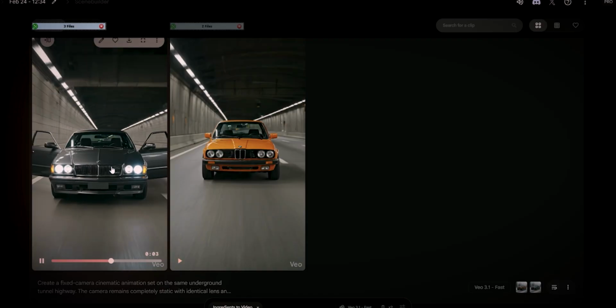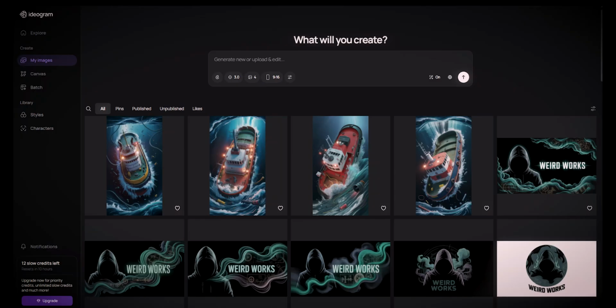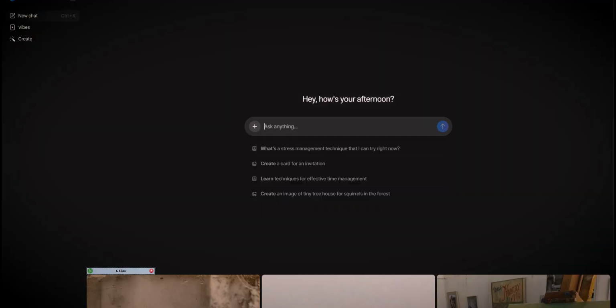Freemium sites to make images are Leonardo, Whisk, Ideogram, Recraft, Grok, Meta, and for videos, Grok, Whisk, Meta, Google Flow,